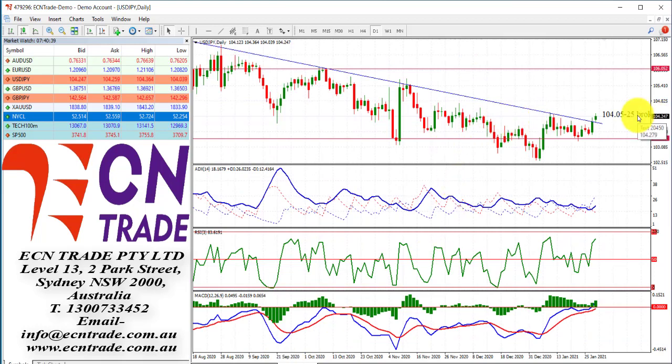Dollar yen eventually broke through the top side of 104.0525 and now puts further perspective in terms of the bull case up to 105 or maybe to 106. Keep an eye on these technicals, they are strengthening and the bullish case may continue if the yen weakness and